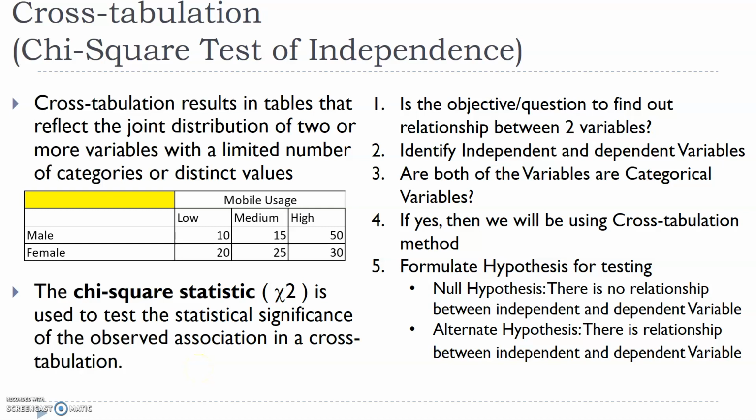Hi, so today we'll start discussing cross tabulation. Like we discussed before, whenever we want to decide whether there is a relationship between two variables, there are two ways to do it. To be honest, there are many ways, but what we have studied so far is basically two ways only. One is correlation, and the second one is cross tabulation.